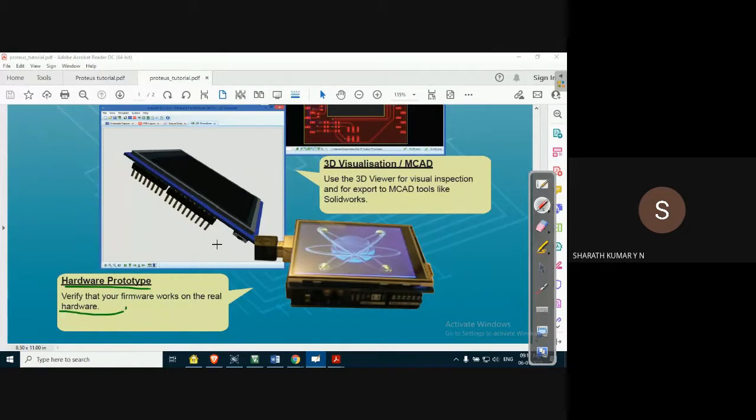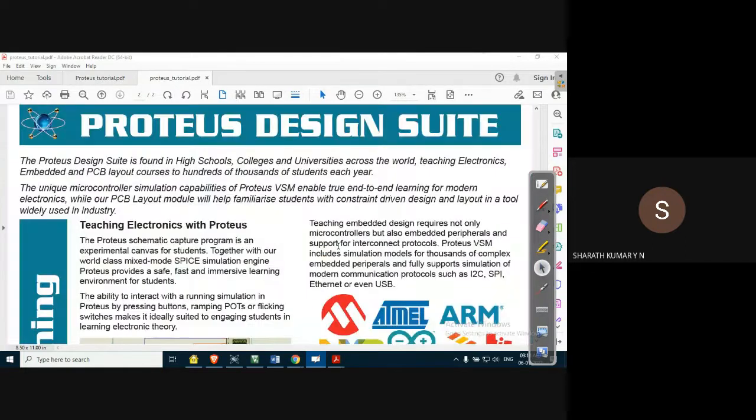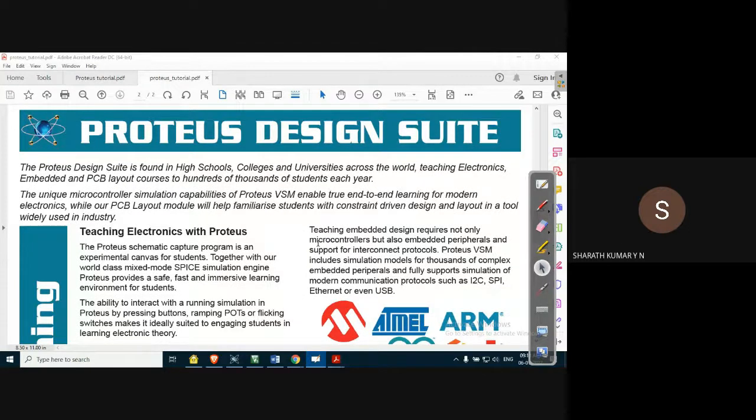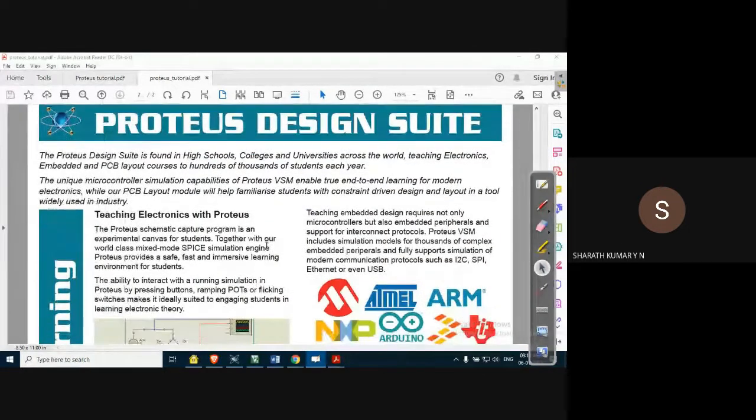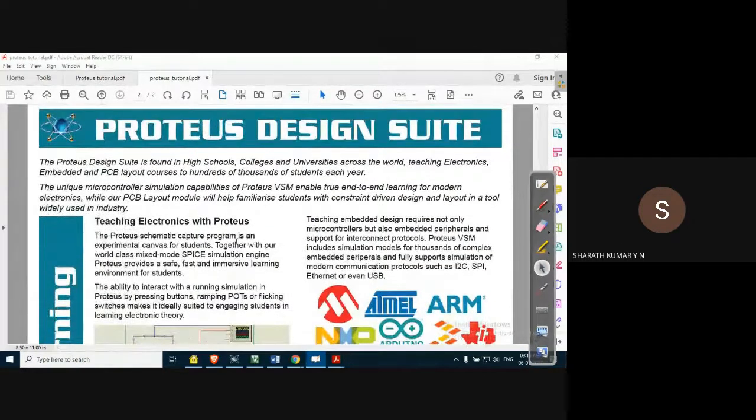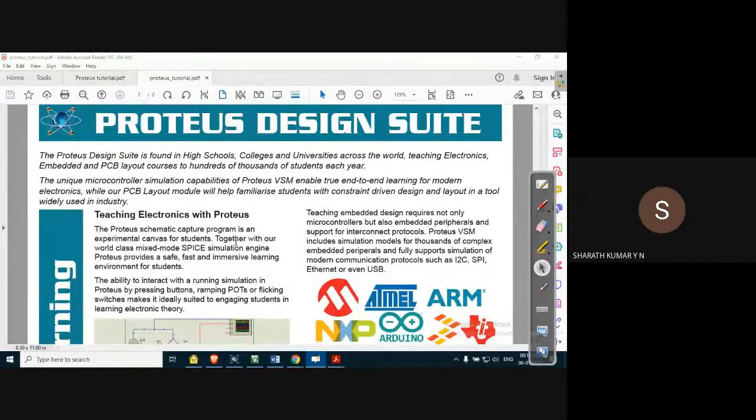So once it is designed, we can prototype it using various hardware like FPGA. Okay, field programmable gate arrays. Okay, using FPGAs or using Arduino boards, we can implement the design. It's not just programming and simulating, it is implementation of design using hardware. Okay, so basically what does this Proteus design suite do?